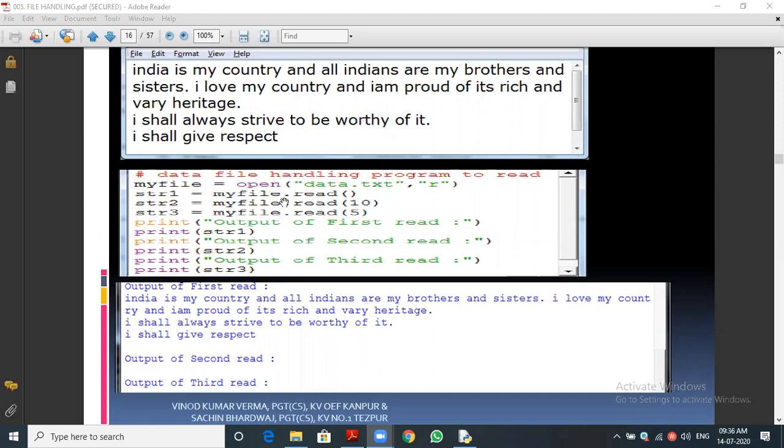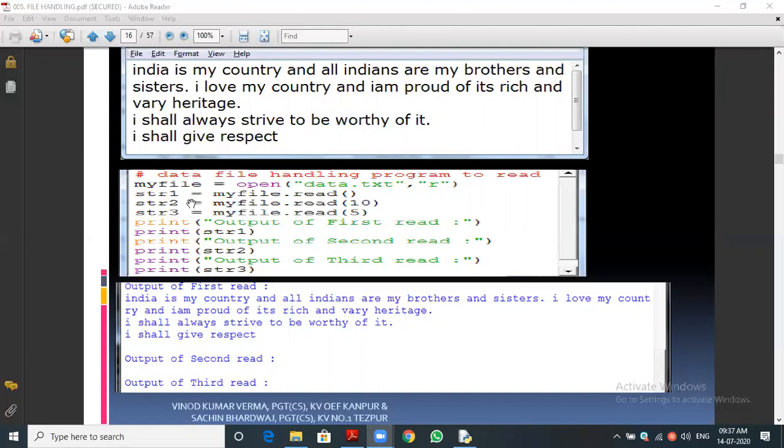For example, in the first line itself we ask you to read all the data, no? So all the data will be read and stored in one variable. We ask you to print the variable. Once it is read, the cursor will be at the end of the data. We didn't mention the limit. That's why the cursor will be blinking after the last word in the third line, after the letter T. So there is no character, we didn't type anything. That's why nothing is printed.